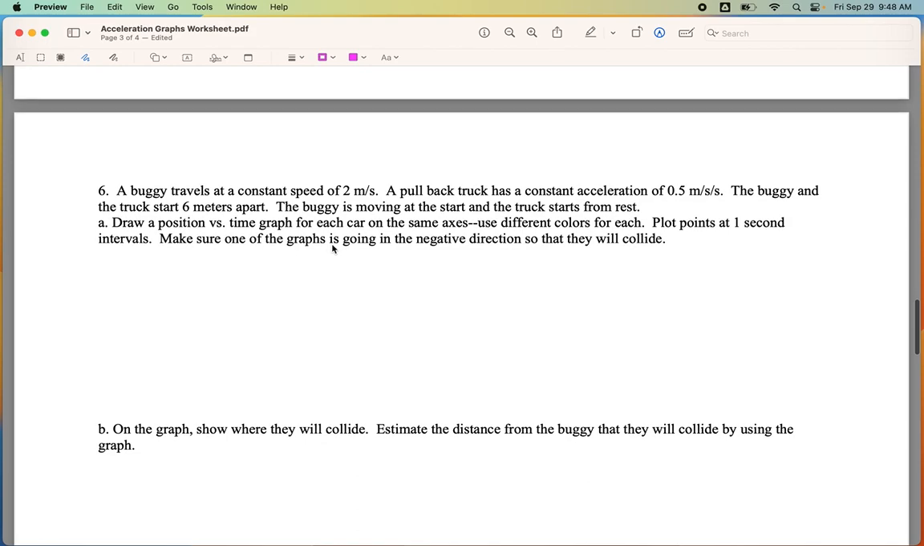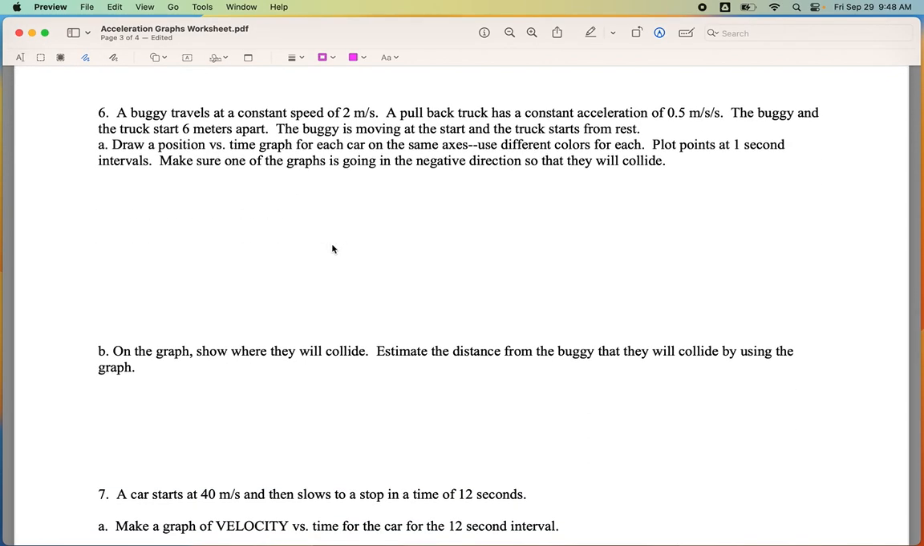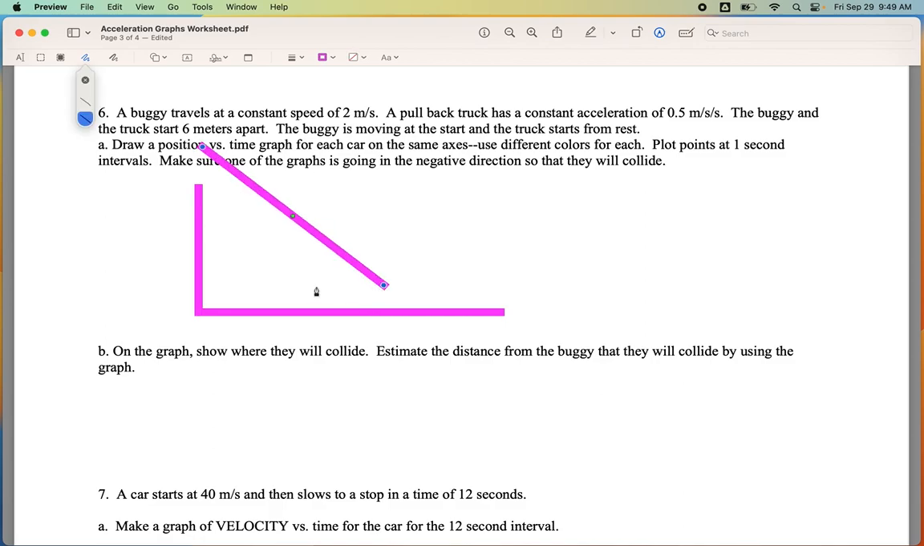Okay, with the buggy and the pullback truck, you're going to be doing a position versus time graph. So I'll just kind of draw some axes up here. You got that, and you got that. What's going to be necessary is to have one of them going kind of in the negative direction. So my suggestion would be maybe have your buggy, since that's the one at a constant speed, make that one going in a negative direction. So it's going to be kind of coming down like this. And then the pullback truck can have an accelerated motion that's going to kind of be a curvy thing,